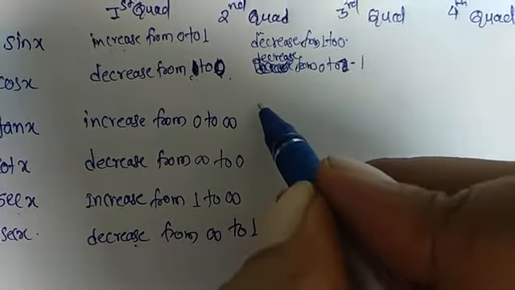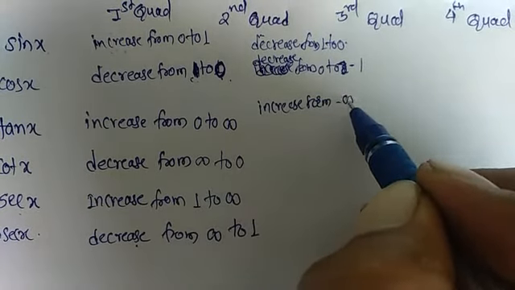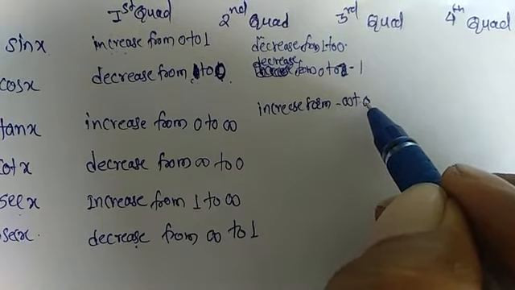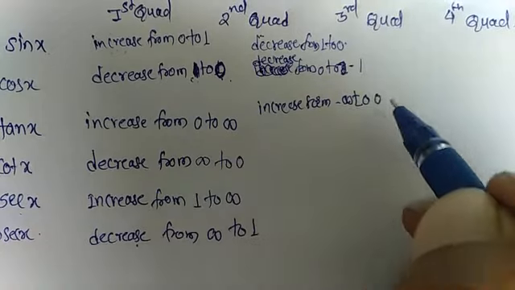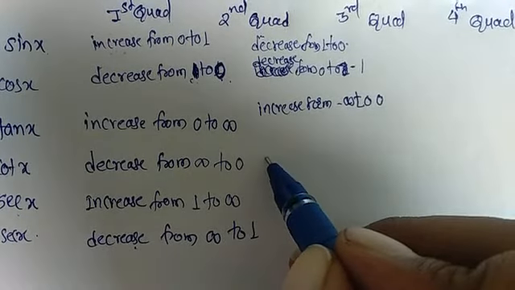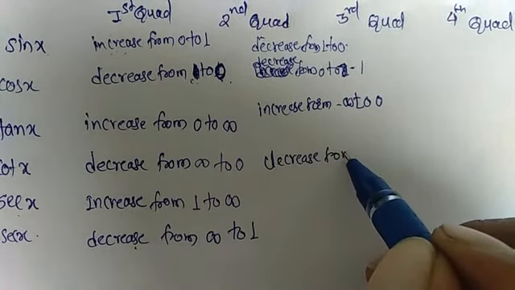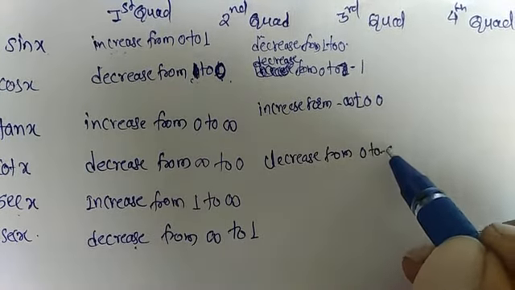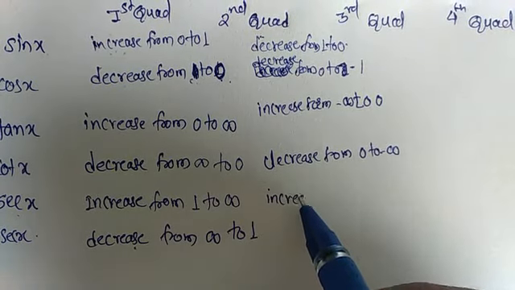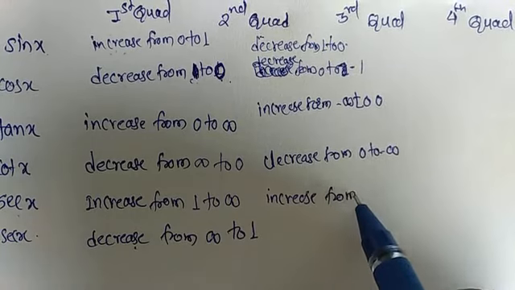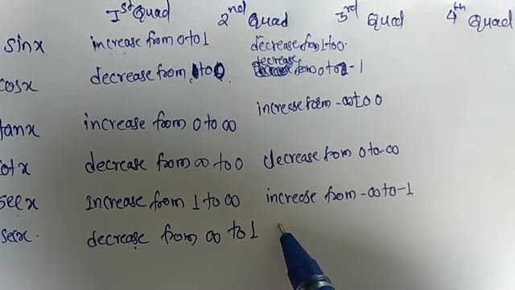Next, tan x increases from minus infinity to 0. Next, cot x decreases from 0 to minus infinity. Sec x increases from minus infinity to minus 1, and last, cosec x increases from